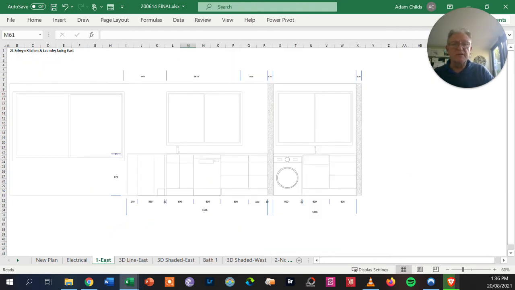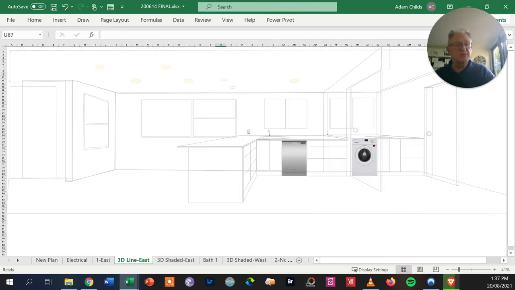So here is the kitchen and the laundry room looking east. And this way it helps the builders know exactly how high things are going to be, as well as helps us see what it's going to look like overall. But to get an even better idea of how it looks overall, you can then shade it and put it into three-dimensional. So here I've made the same view, but obviously in perspective, and have actually used